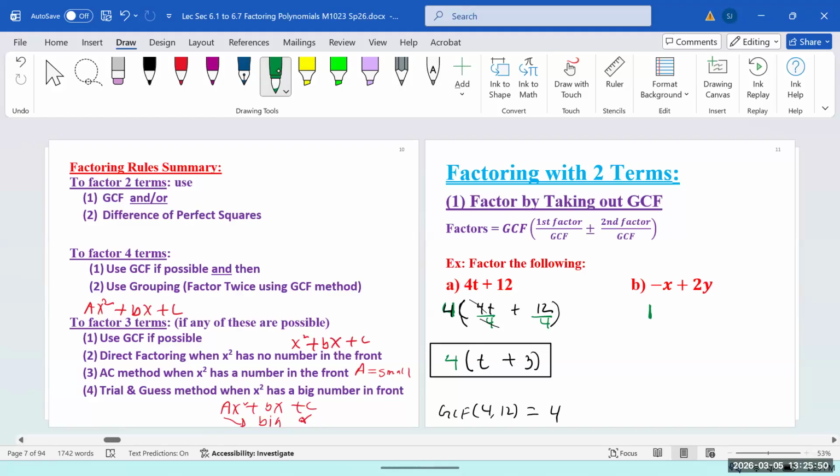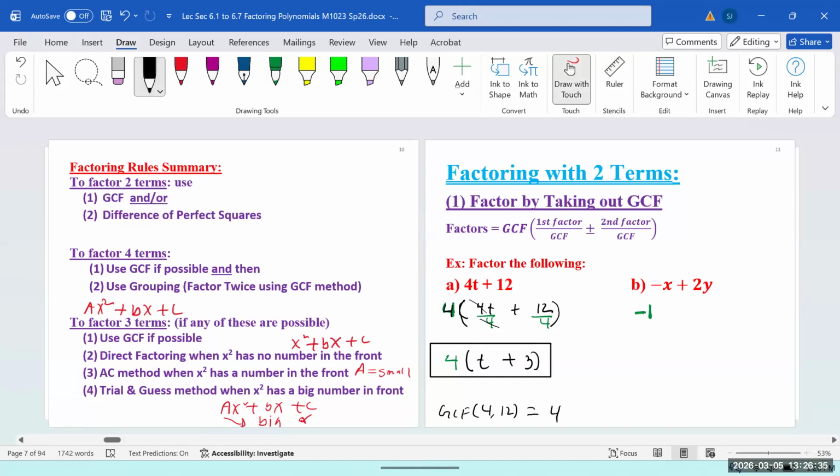We know we can divide both of them by 1, but then we have a problem. Your polynomial is negative x plus 2y, so it starts with a negative sign. Think about real life. If you wake up in the morning, would you like to see something negative in front of you? Same thing with a polynomial. If it starts with a negative, they hate that. So we want to take this negative out as a common factor so that our polynomial turns positive. Anytime you have a negative first term, factor that out. So we know we have 1 in common, but you're also factoring out the negative because we don't like that.